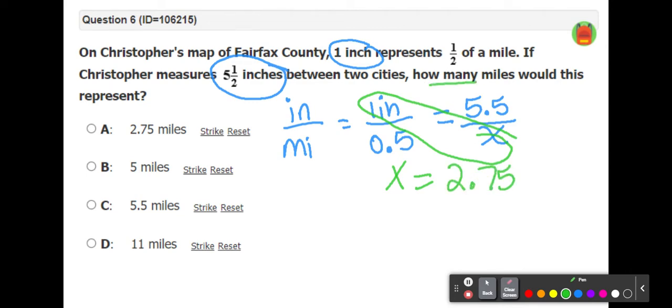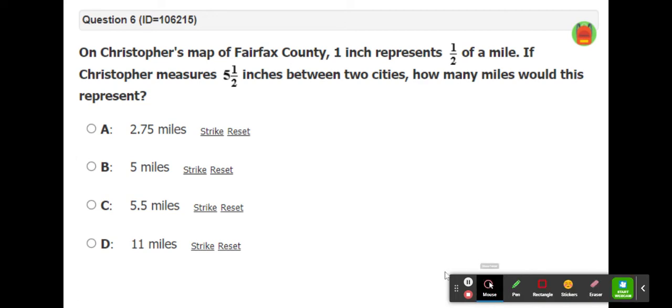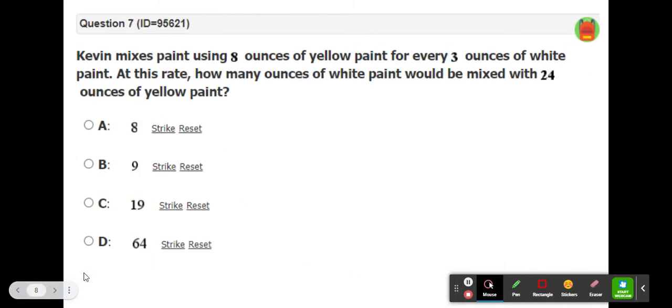So I'm finding how many miles would this represent? That's 2.75 miles in real life, if this is the ratio of 1 inch to a half of a mile, and this is the proportion we set up. Remember, there's a lot of different ways to solve these problems, and this proportion setup is just one way, but we did want you to set up your proportions this way for this unit to kind of practice this new